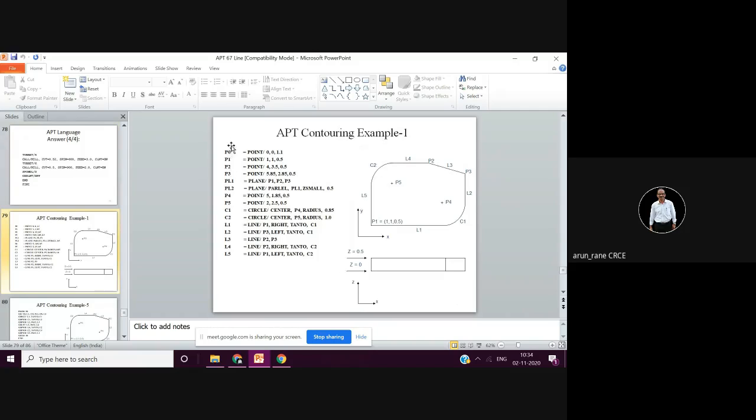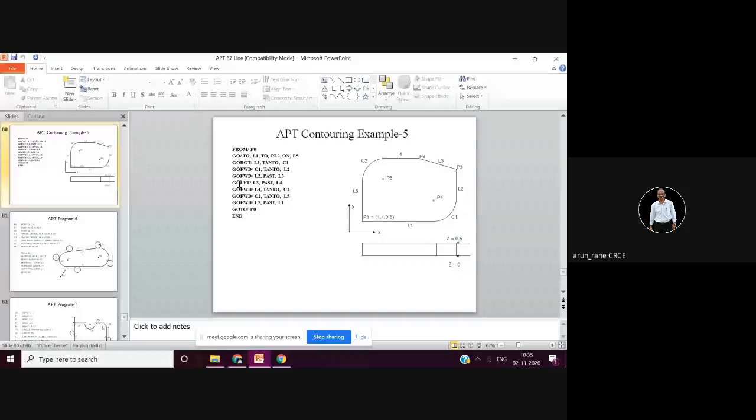Before this you need to add this statement, that is machine name, machine number, cutter diameter, cutter number, spindle on, coolant on, or spindle on and coolant on you can also. All right, even you can define geometry statement first and then you can write machine number, etc. That is also fine. But before you do any cutting, you need to define that spindle, RPM, feed, etc.